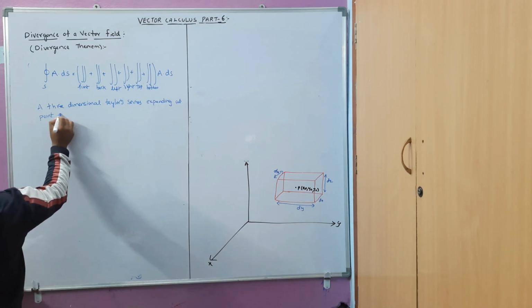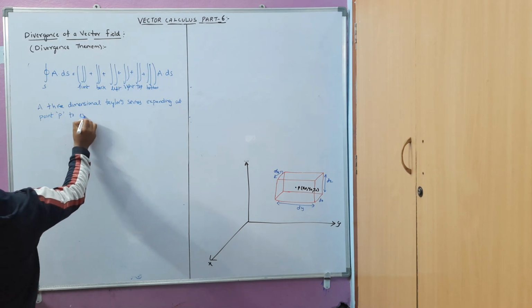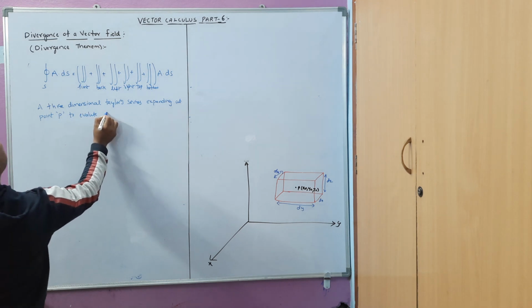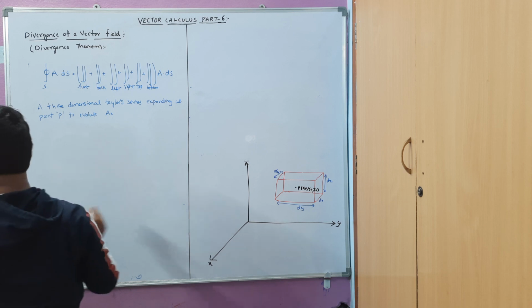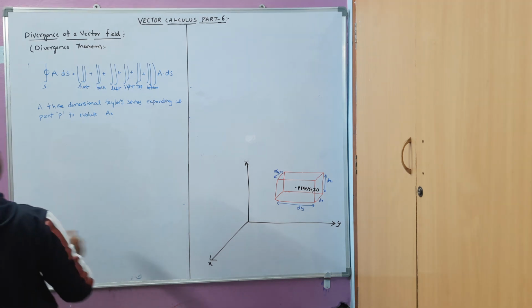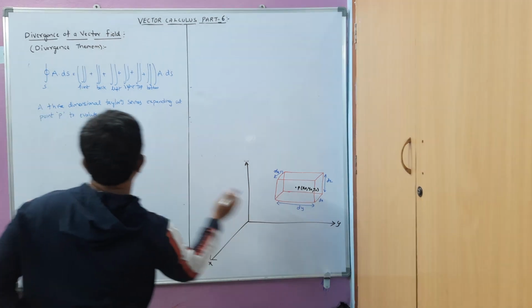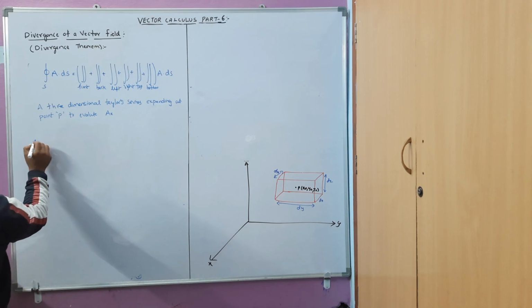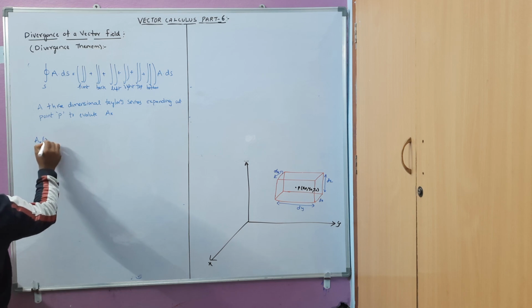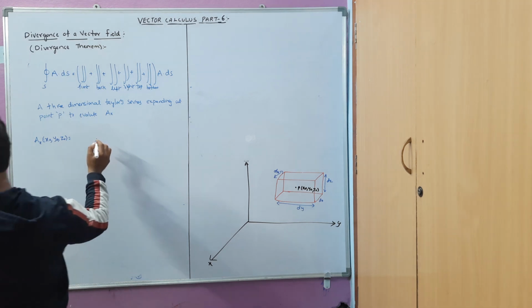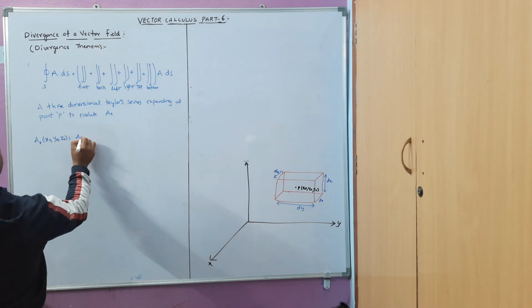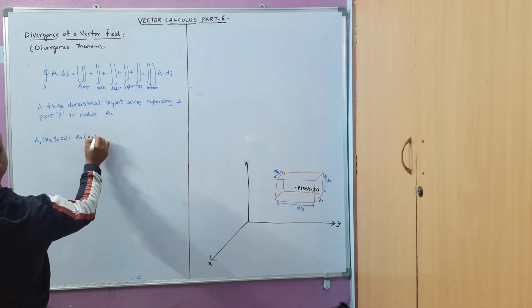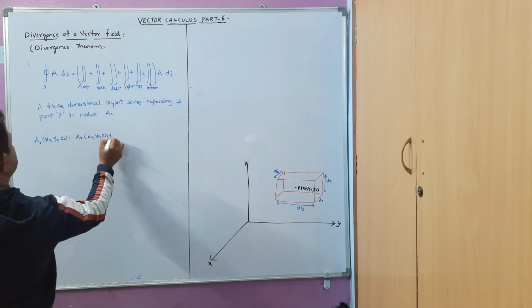We are going to expand at point P to evaluate the Ax component, that is, at this point. The Ax component expansion will be: Ax at the point x naught, y naught, z naught will be equivalent to Ax of x naught, y naught, z naught plus